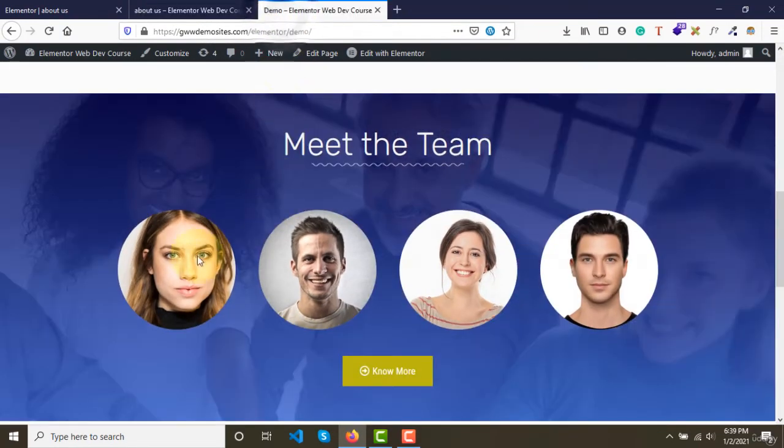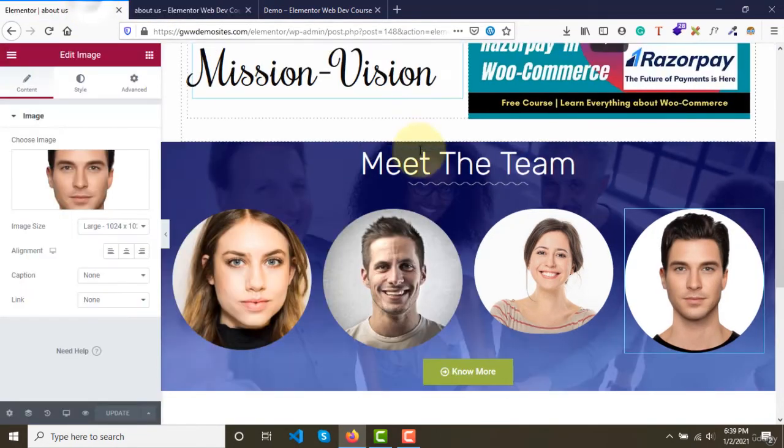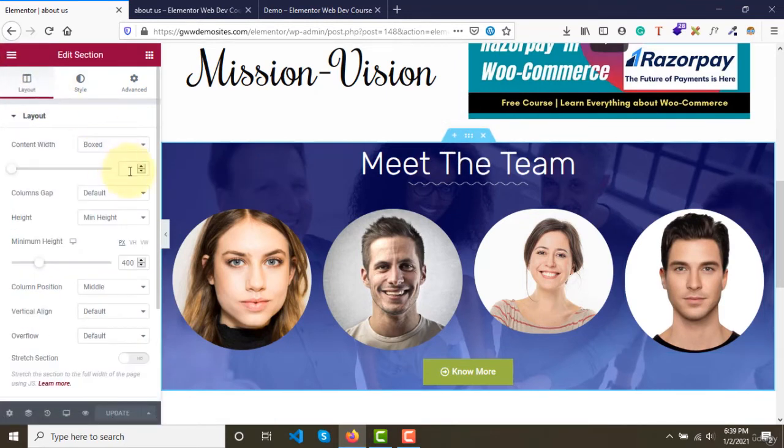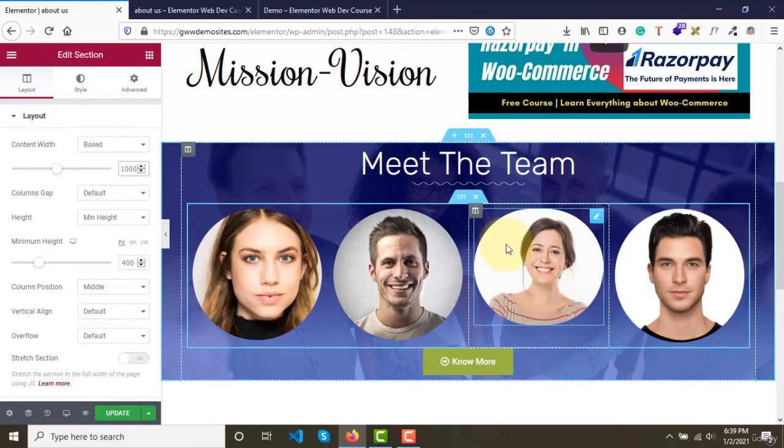Go to here. If you see, the width of this whole content section of this image is very less as compared to what we have been developing here. It's taking more space. So what we can do is, I need to first limit the layout option. We need to put it 1000, and then